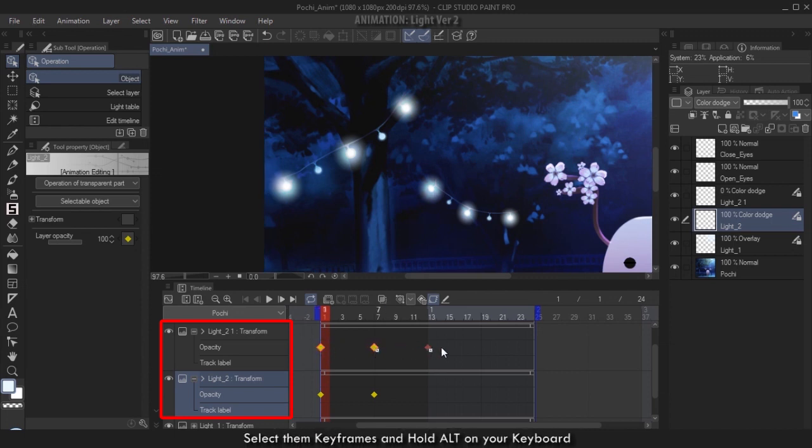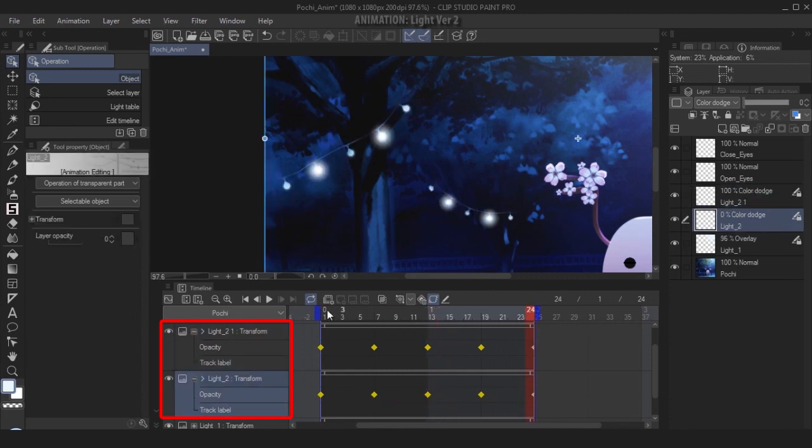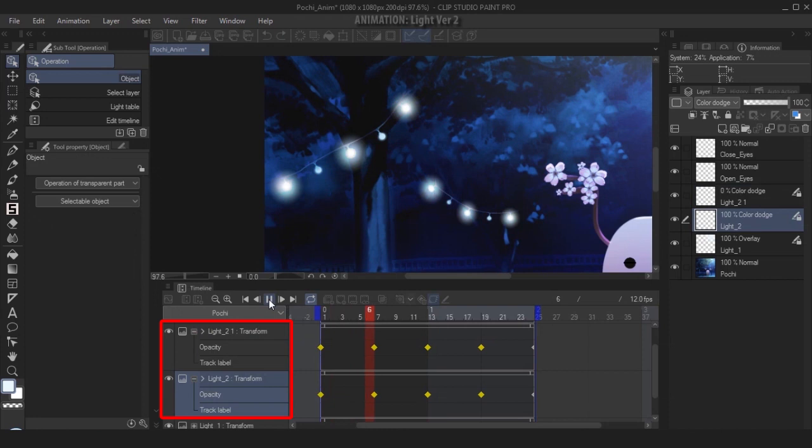Select them keyframes, hold Alt on your keyboard, drag the keyframes to your desired location, okay? That's it. It's very simple, right? And when you play that,